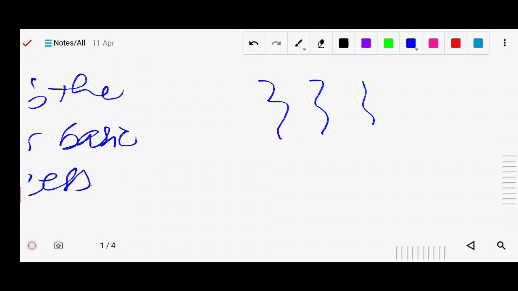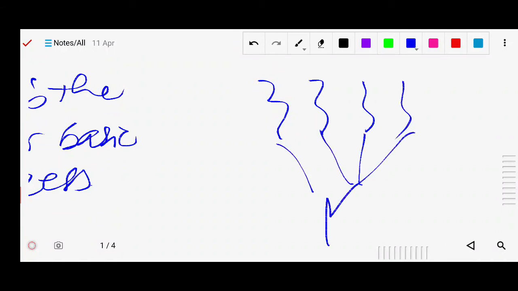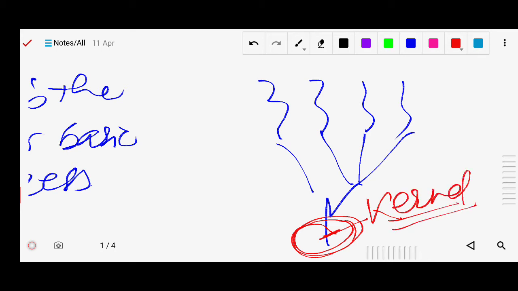This is the sign for the thread. All these threads are under this, and combined they reach somewhere. It is connected with this, which is called the kernel, the center part of the OS. This is the kernel thread. The whole process is divided into small units, small parts. These small units of work of the process are called threads.